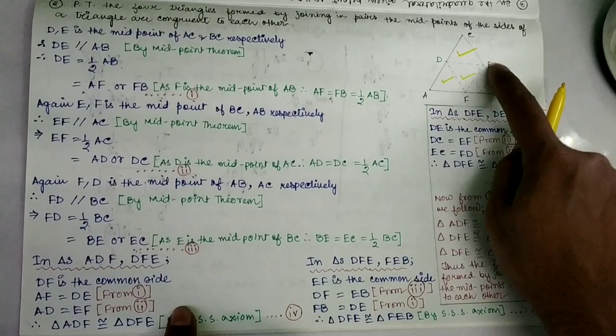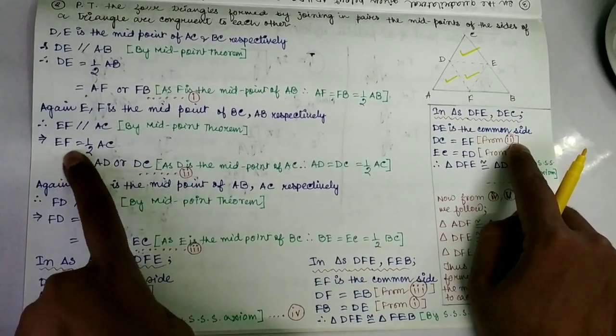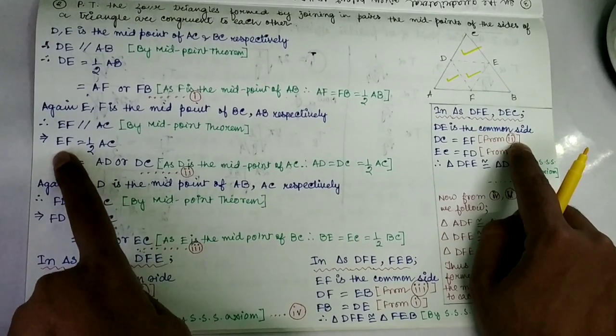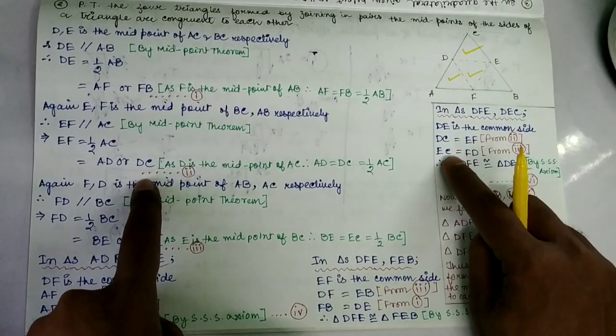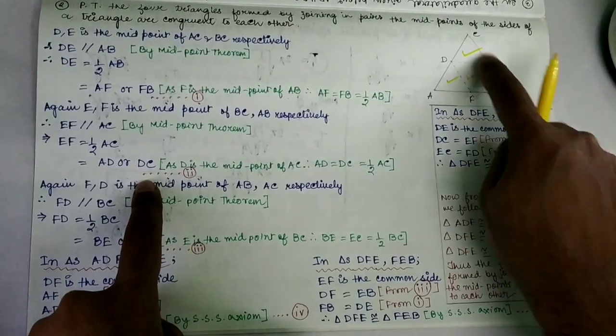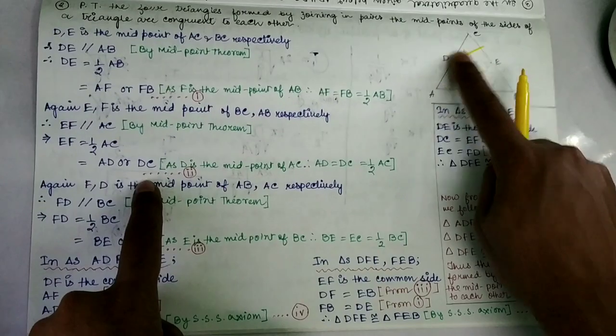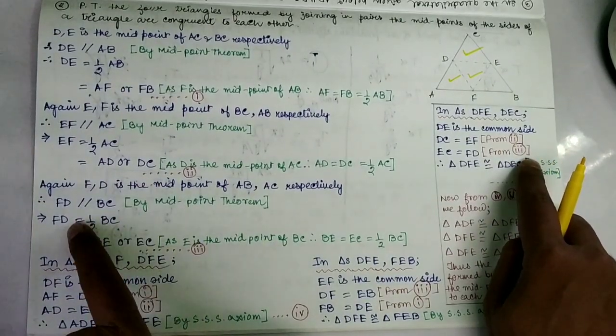Now from here, where have you got this? From 2. So all of you come back to 2. See, previously we have proved that this EF was equal to DC. Okay guys, next see what I have written here, EC equal to FD. That is EC is equal to this FD, and from where have you got this? From 3. All of you come and see, EC equal to FD.